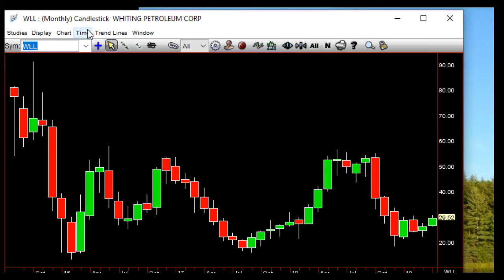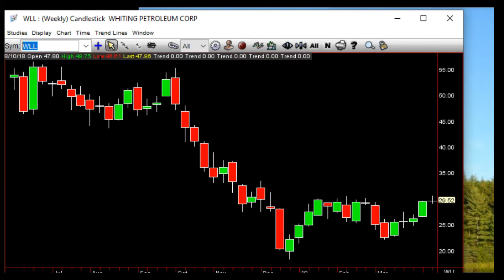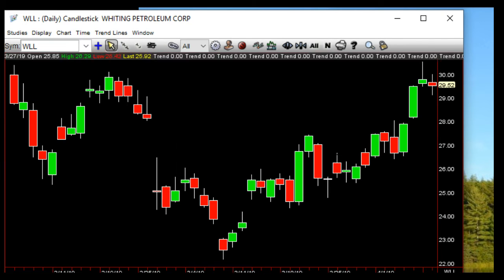With an energy number coming out tomorrow, WLL, albeit still in 4 months in here, it's 2 up, 2 down, 2 up on the month. In the weekly, slightly higher than last week, so maybe something there. In the daily, we'll watch that oil number. Here's the chance for the 2, the 2, and then the 2 continuation.